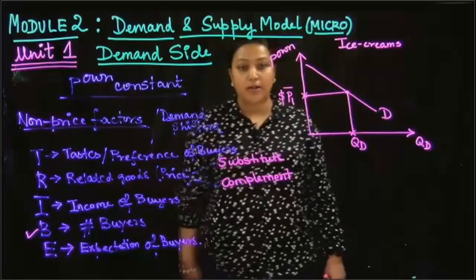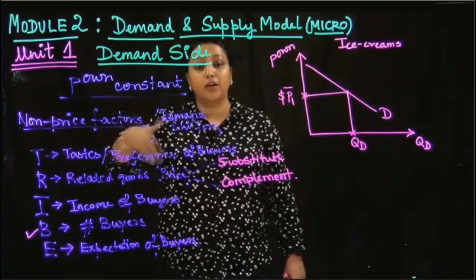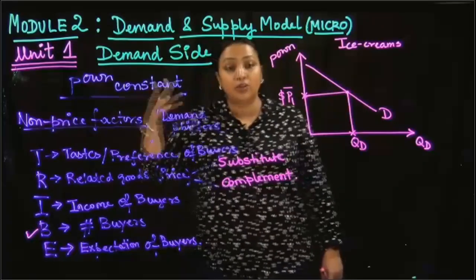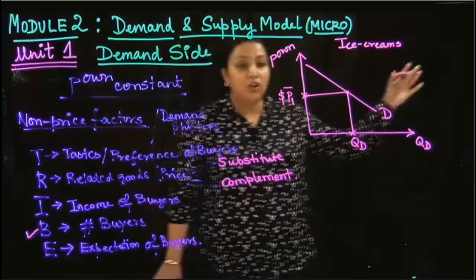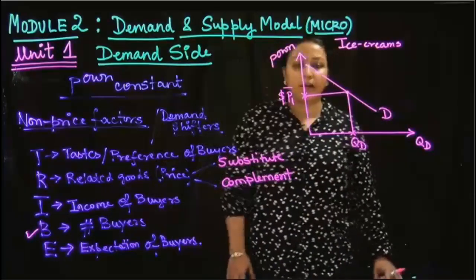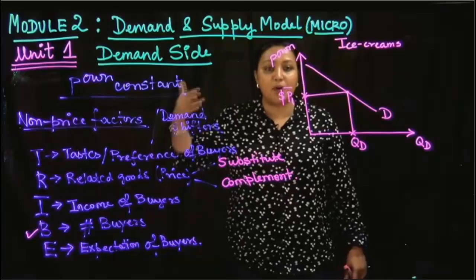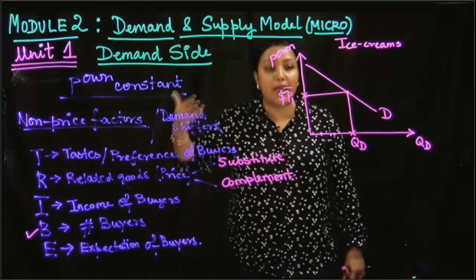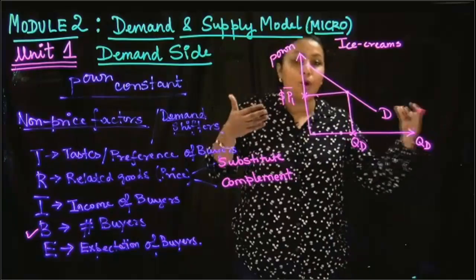No change in the price, right? But there has been one new buyer added in the market. So instead of just having John, Jack and Joe, now we also have maybe Jane, who has come into the market and wants to buy ice cream. So if you remember, at the same price, now you have another extra buyer,